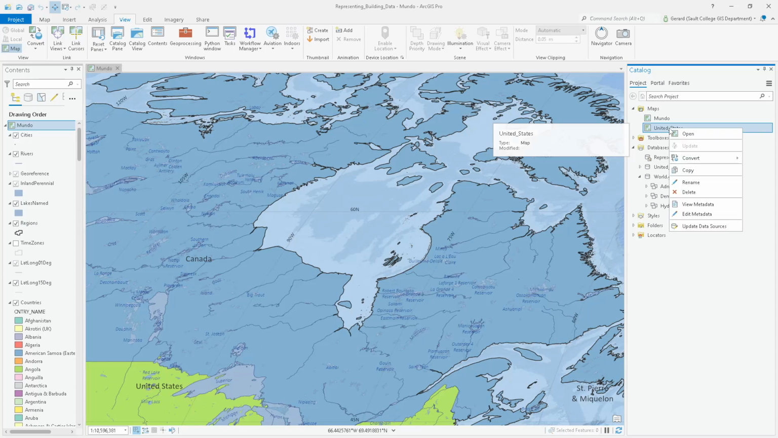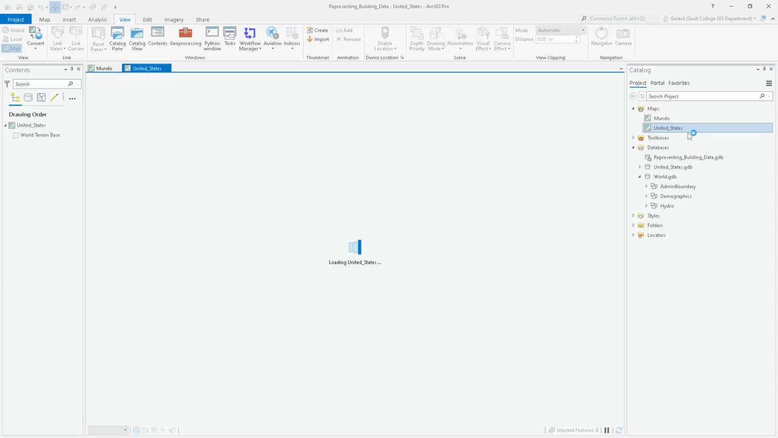Or actually, sorry, I can't. I've got to just open it. It's not a layer, it's a map. Maps are different. Maps are views. They're not layers. So you can right-click and open the United States view, and you see that, oh, okay, well,